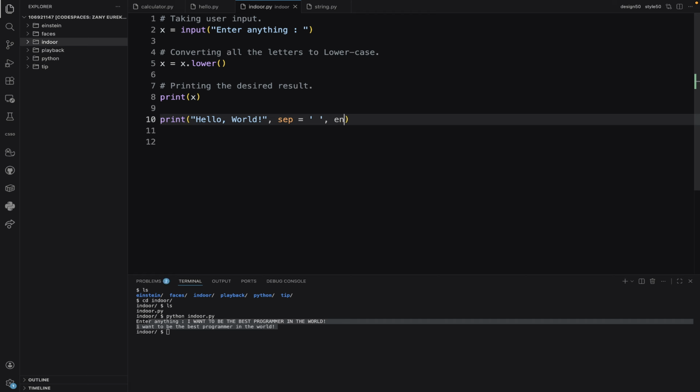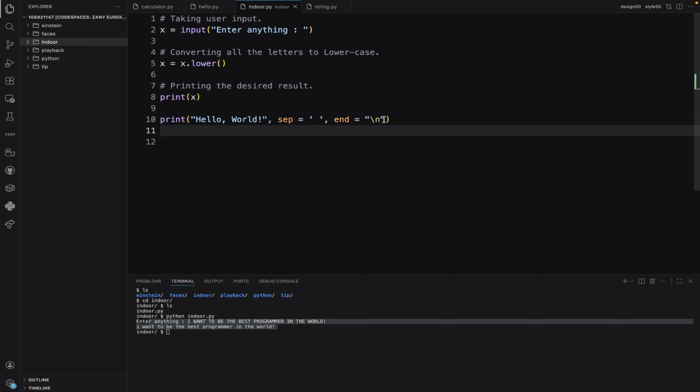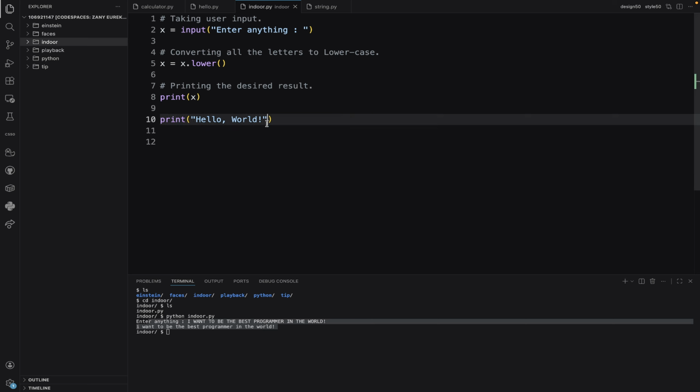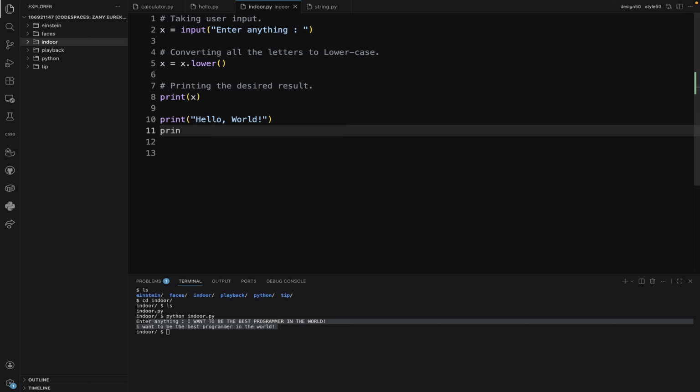And the last one is end. And end is equal to just like this, I guess. This means that after finishing, these are the defaults. We don't need to write this, but we need to know. Even I didn't know about this mostly. Why is it the default? Because if I remove it for now and write another print statement down, today is a rainy day.